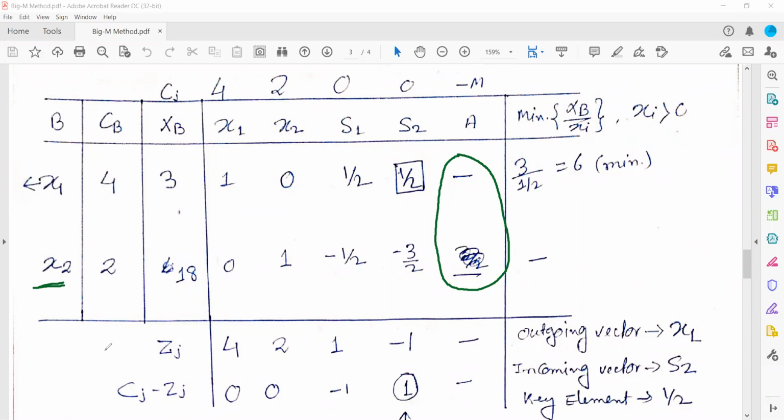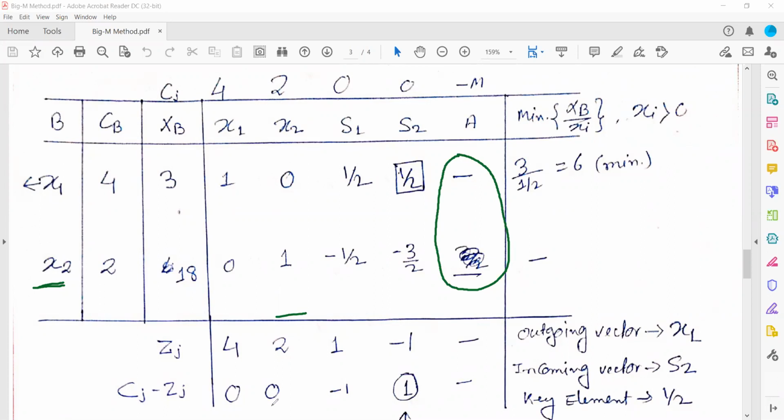Whenever you have two artificial variables, you will get two columns for artificial variables here. So whichever artificial variable is going out from the basic variable, in the next simplex table, to that column of the artificial variable, there will be nothing to write. Don't write anything. Okay. So since the artificial variable has gone out from the basic variable column, there will be nothing in the artificial variable column. So only this part.